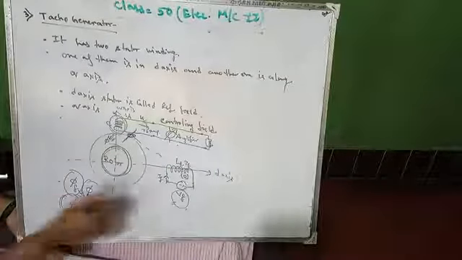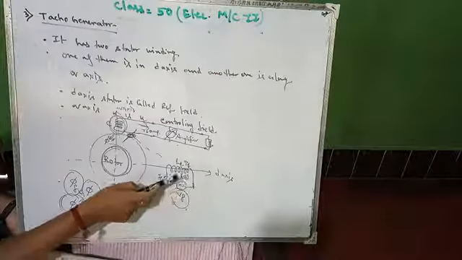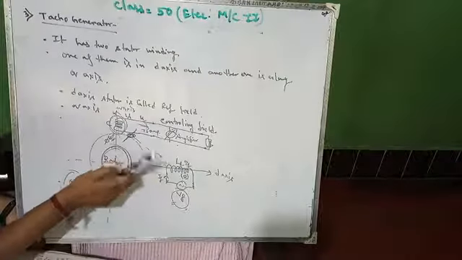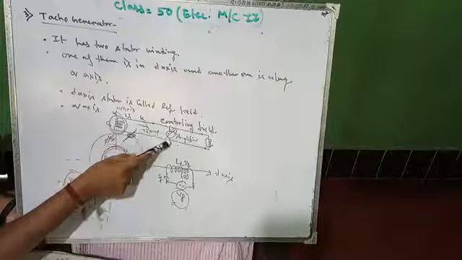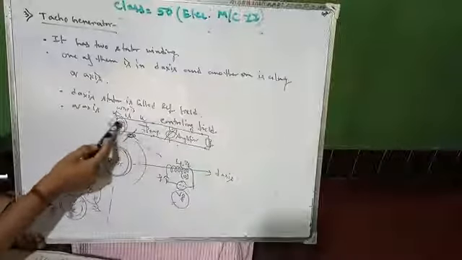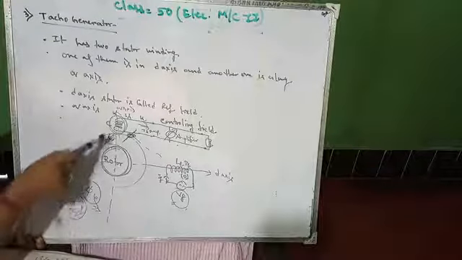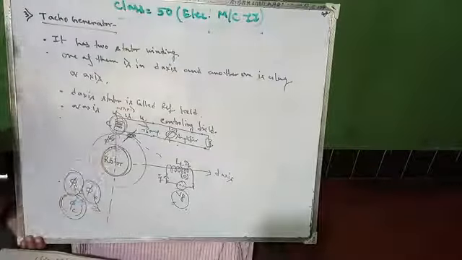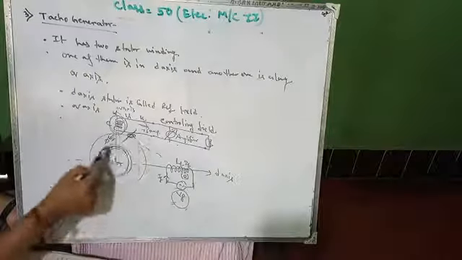Initially, flux is produced by the main field, and some amount of flux is cut by this coil and amplified. Once it is amplified, the voltage level will be maximum here compared to here, so a reverse current will flow to here. Once the reverse current flows, the flux phi c dash is introduced into the air gap, and by the interaction of phi c, phi f and phi b, the rotor will start to rotate.